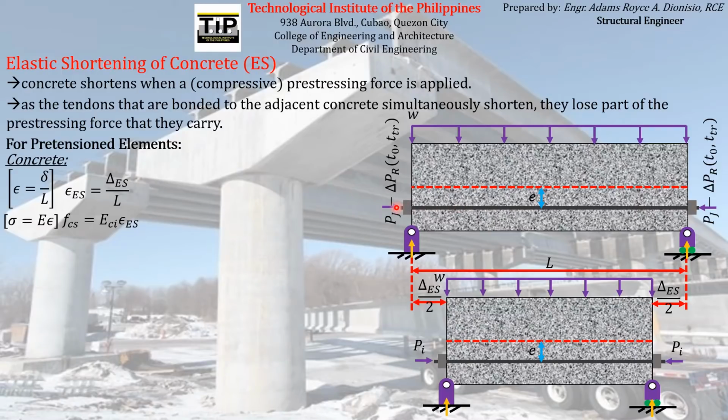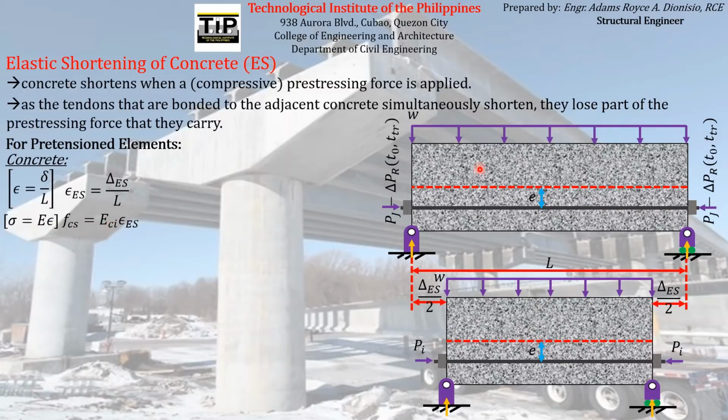From the previous discussions, we know that the concrete experiences flexural stresses, and the term FCS is the flexural stress being experienced by the concrete element at the level of the pre-stressing reinforcement, because we are concerned with the pre-stressing reinforcement in this discussion on the elastic shortening of concrete. And that must be equal, according to Hooke's law, to the product of the modulus of